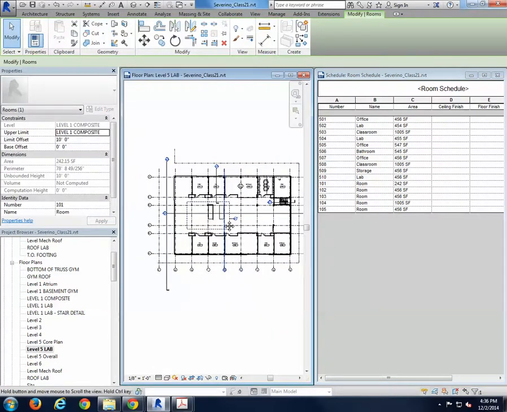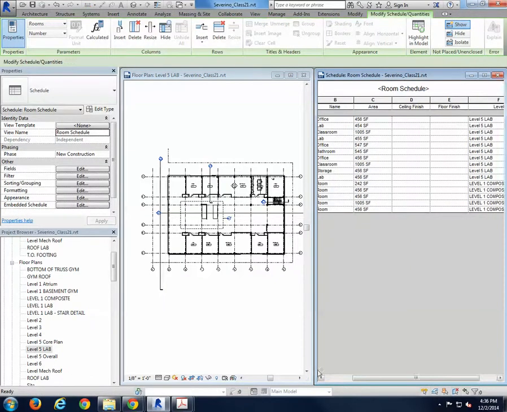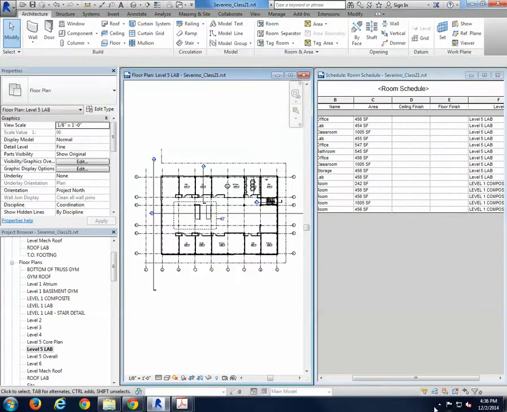So I changed the numbers, and I could change the names by using the list. Now I have the areas, and I know in what level they are, so it's very convenient. I'm going to leave the video there because I'm not sure